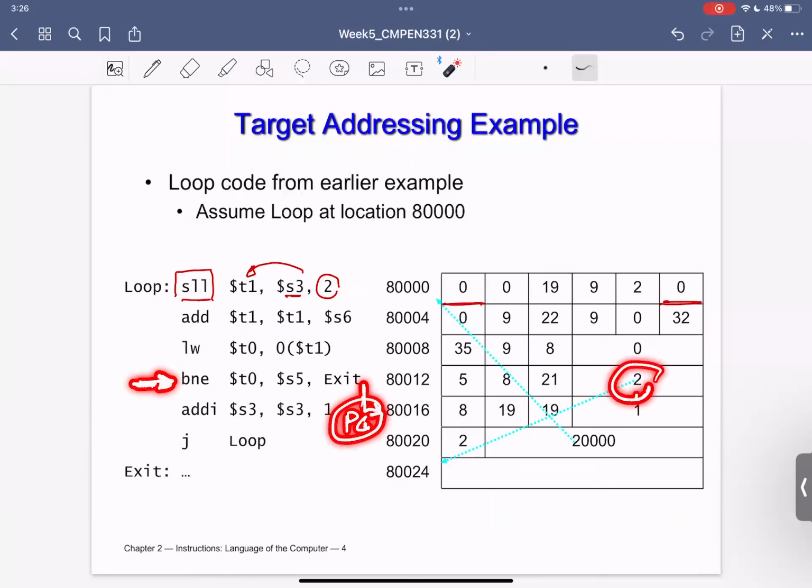So it is 2 words from my program counter. The program counter now is here. So I need to have 1 word and then another 1 word. Or you can think of this, as I mentioned, as 2 multiplied by 4. So I will just add 4 and then another 4, which is a total of 8. So this is a relative address, as you can see, with the branch.